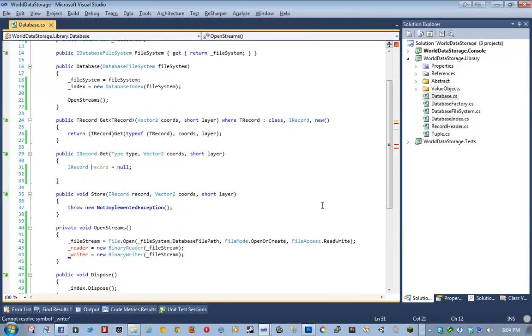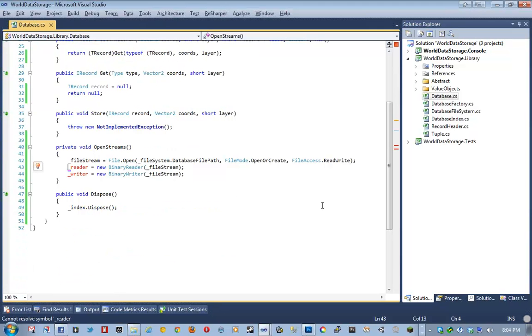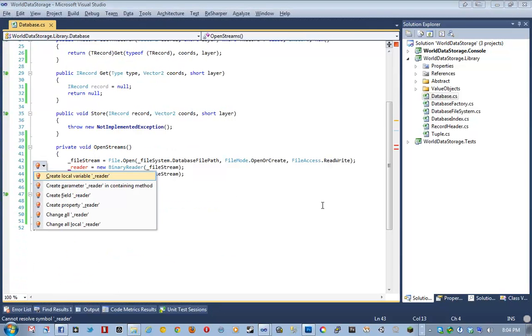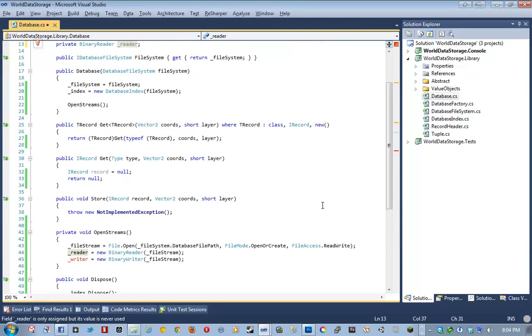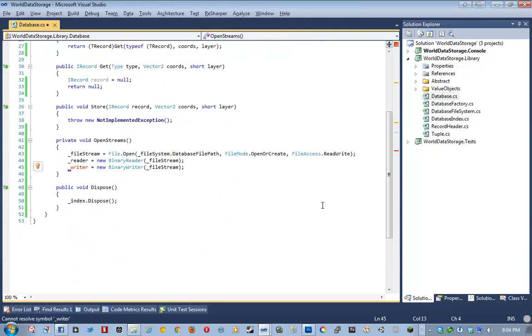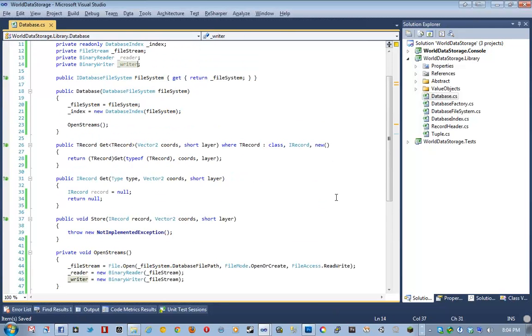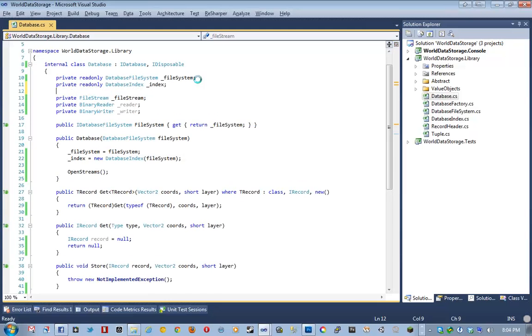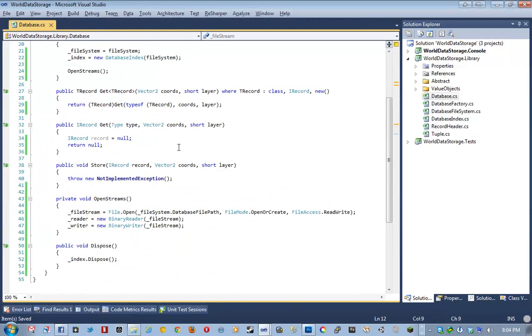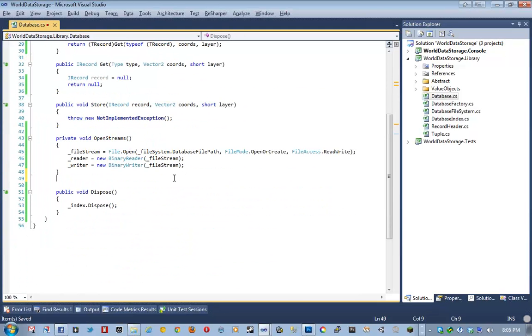So basically what I can do is, if this returned null, so we don't have to deal with that stuff for now, I can just really quickly Alt Page Down, Alt Enter F to create a field, Alt Page Down, Alt Page Down, Alt Enter F to create another field. And so now we've created 3 fields based off of usage. Very nice. And then we're going to write our close stream methods,